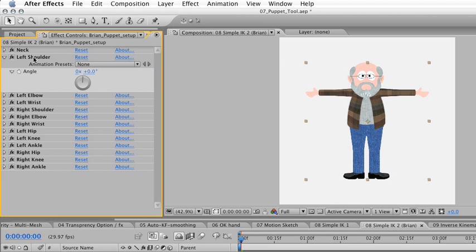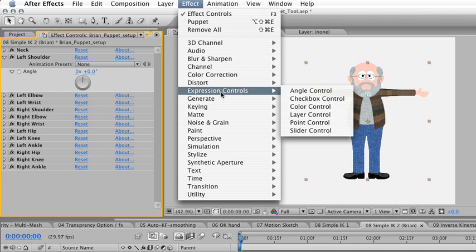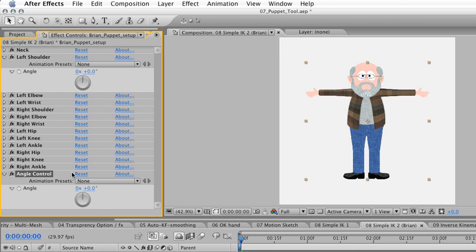If we navigate up to the effects pull-down window, we can add a new one here. So under Expression Controls, choose Angle Control, and this angle control was simply renamed to something else. Then that was linked to the expression in the pre-comp. We'll delete that, and because the expressions have already been assigned to all of the different parts of the puppet,